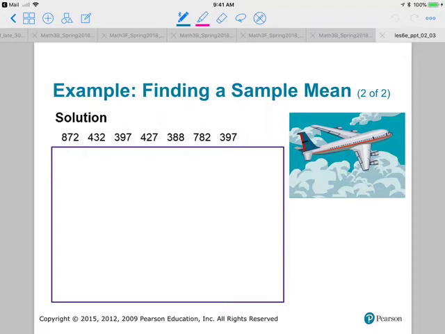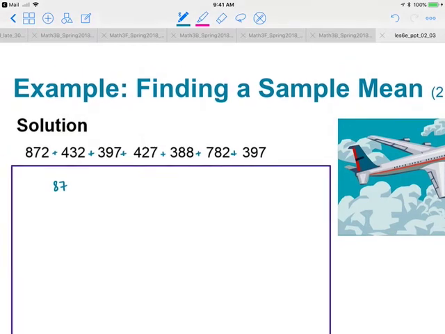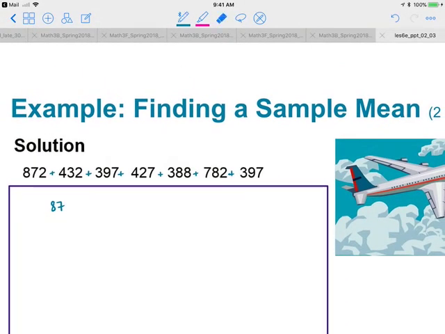And in your calculator, you're just going to add up the numbers. So what do you get when you add these numbers? It's 872 plus 432 plus 397 plus 427 plus 388 plus 782 plus 397. You should get